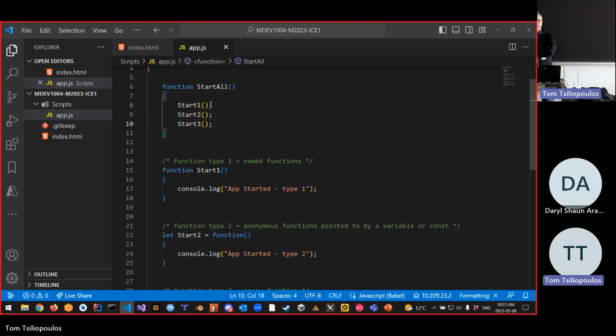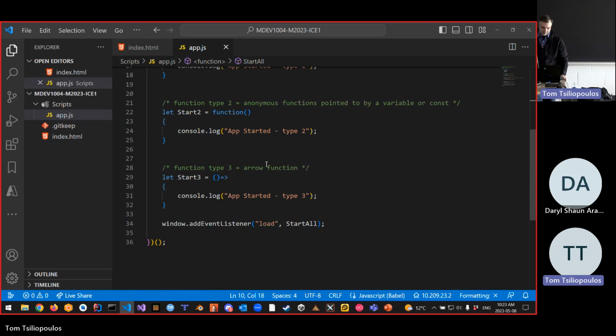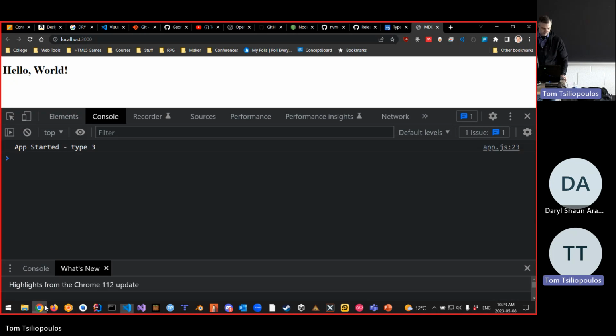The answer is never depend on functions firing off in the order that you put them. The browser is a fickle thing. It's going to do whatever it wants and run functions whenever it feels like. So do not depend on the order that it's going to run in. Let's see what happens when I did this. Probably it's going to be okay because we don't have a lot going on. But let's see what happens if I call start all. Does it run all of them? And if I go back to my browser, you can see that type 1, type 2, type 3 is called